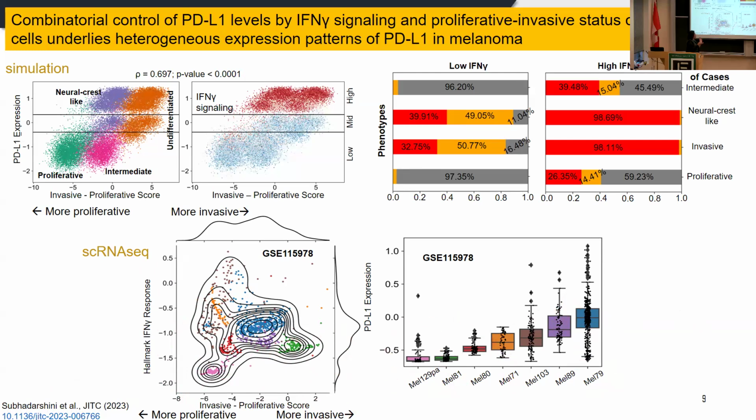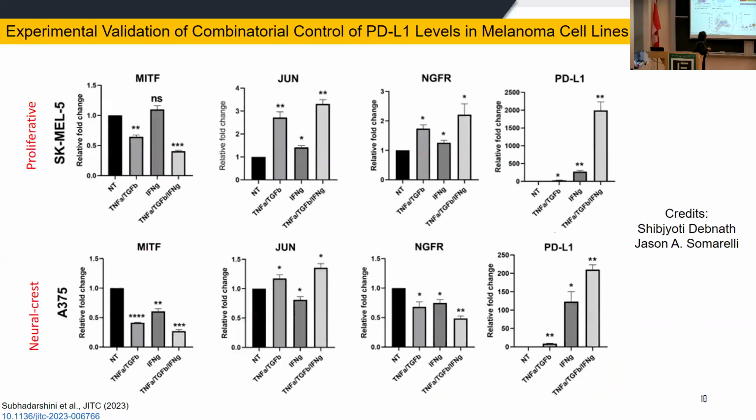So right now we know that interferon gamma has a higher contribution to the effect of PD-L1, but on combination, you see that there's just the highest level of upregulation of PD-L1. And we went ahead, and with the help of our experimental collaborators at Duke University, we tested this hypothesis. Now, we treated the cells with TNF alpha and TGF beta, which will induce the cells to become more